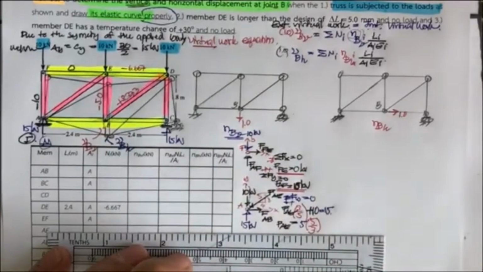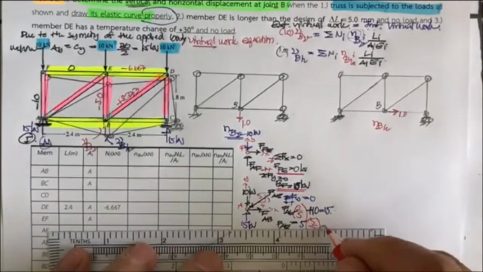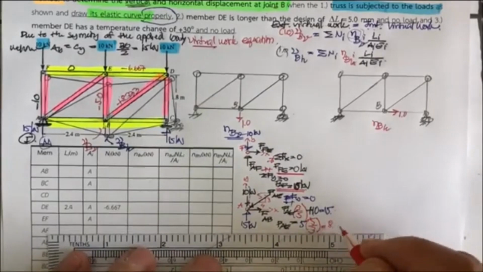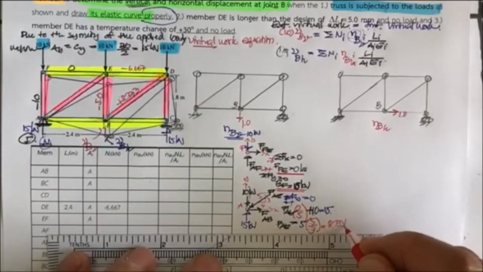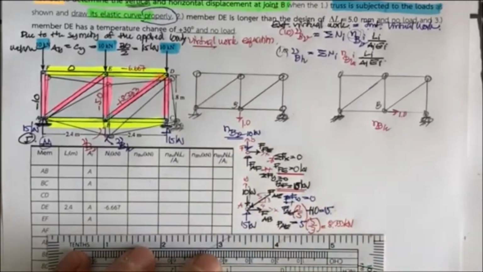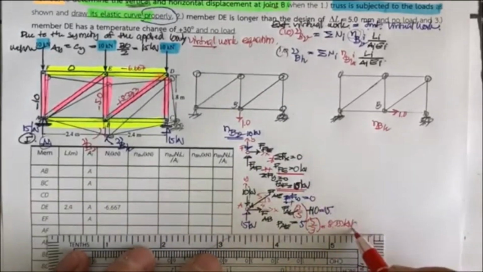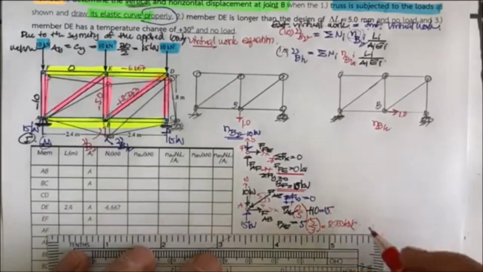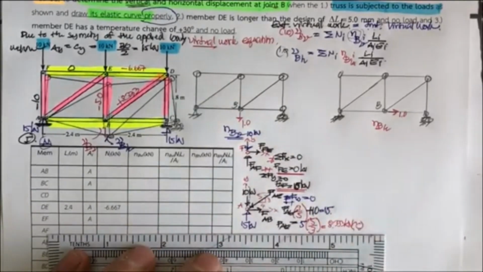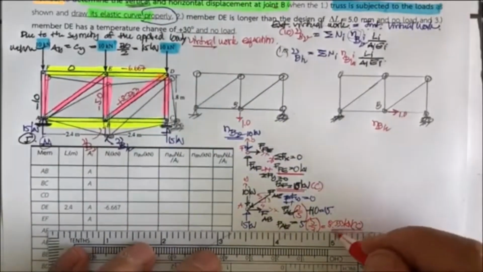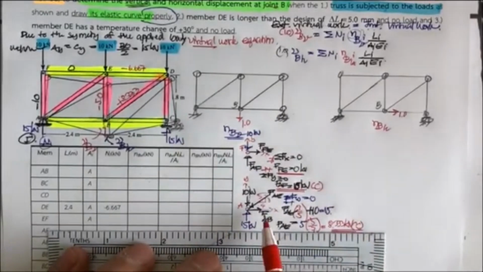So you get 25 divided by 3, which is going to be equal to 8.333 kilonewton. And this one is going to be in compression. So it's in compression. Let's put the AF also in compression. Okay. And the last one, we have